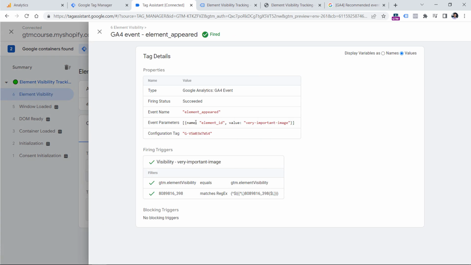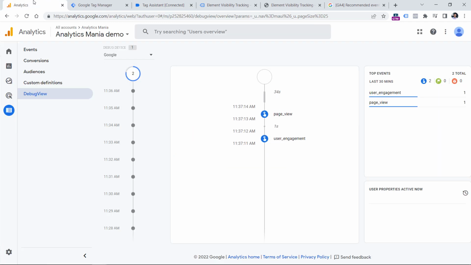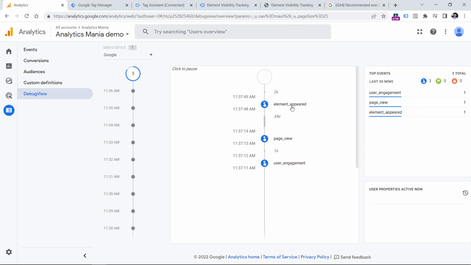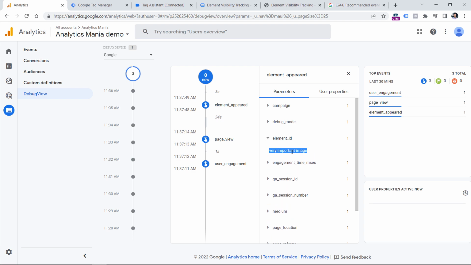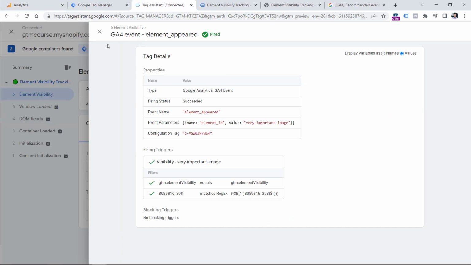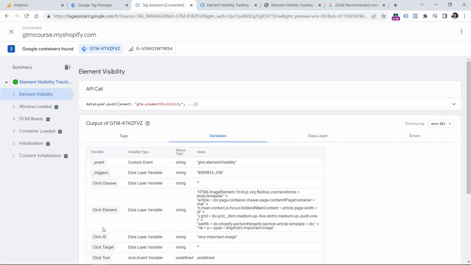You can click it and you can see what kind of values were sent, as long as you have enabled the values right here. Now let's go to the debug view, and here we have the event element appeared. You can click it and you can see that one of the parameters is element ID, and here is the value. This is the value because that's the value of the variable click ID right here when we have selected